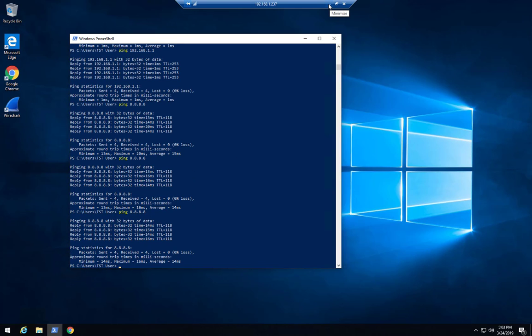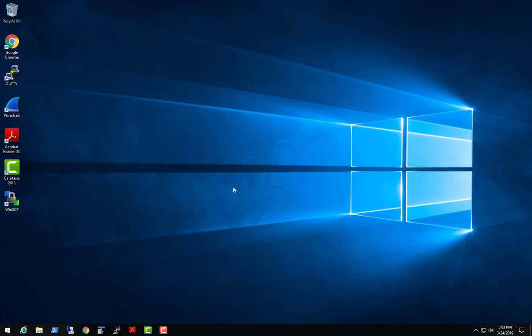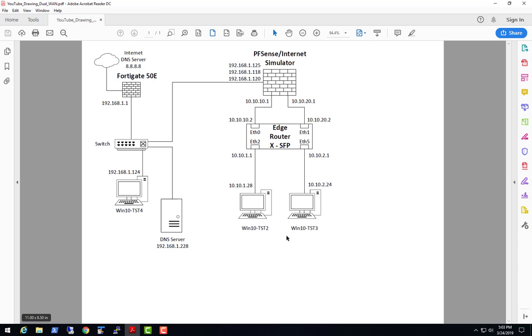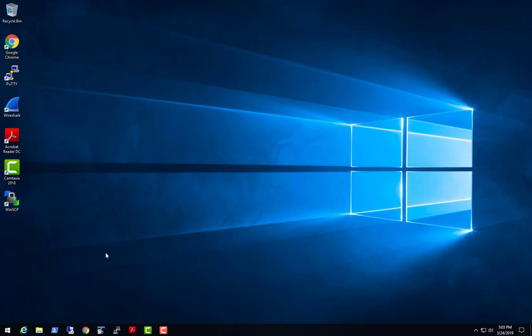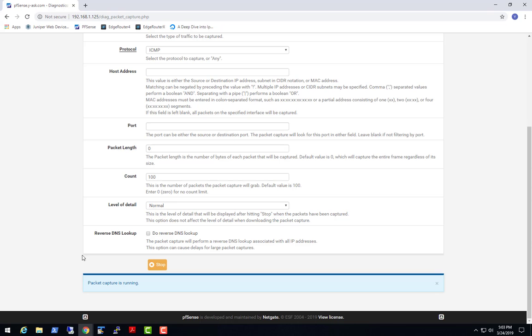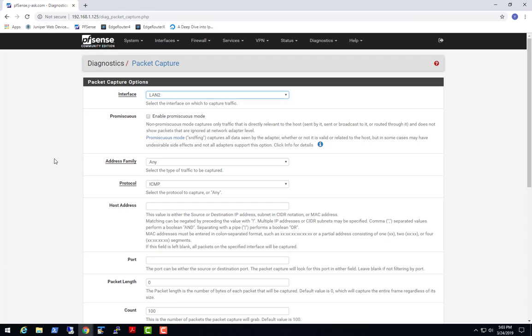And if you remember, last time when I did that, it went through the other interface. It came into the router and then went out to ETH0. This time I'm expecting it to go out ETH1 because of the policy-based routing that I have set up. And so I'm actually capturing on that particular segment,